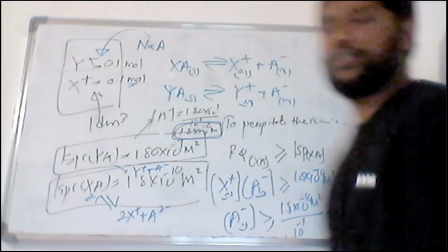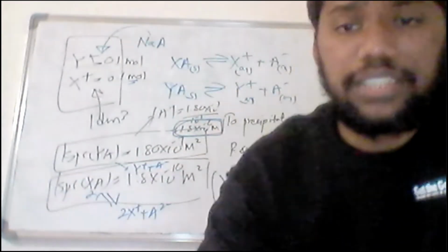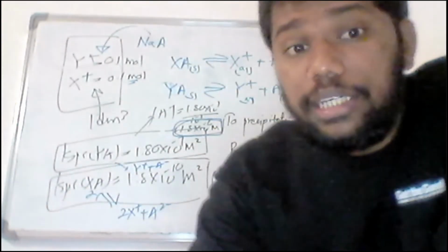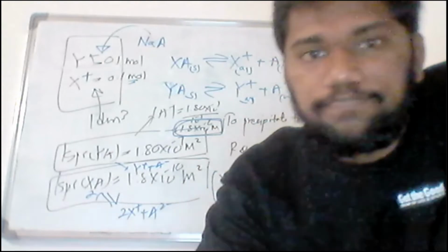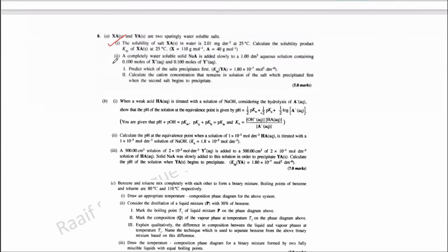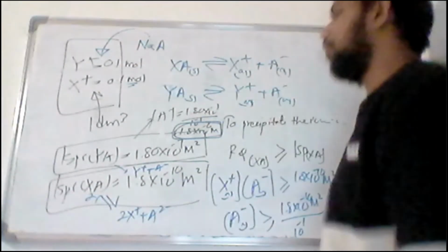Okay, so this is what they have asked. All these are theory, so you should have learned this in your theory class. This asks you to predict which of the salts precipitates first, so they have given the KSP of XA and YA to compare. Then, calculate the cation concentration that remains in solution of the salt which precipitates first when the second salt begins to precipitate. So this is also again theory. We learned this in theory. Okay. So now you know